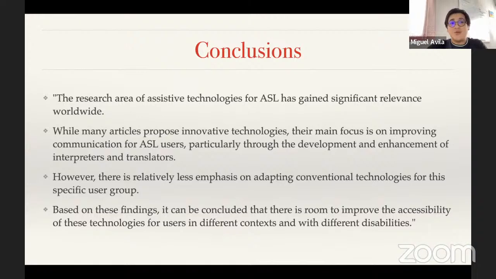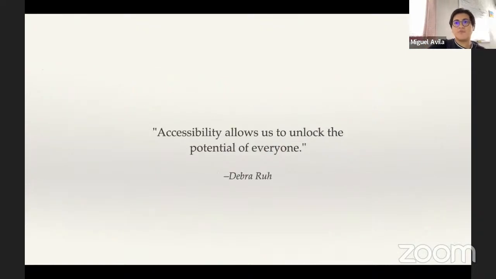Well, based on these findings, it can be concluded that there is room to improve the accessibility of these modern technologies for users in different contexts with different disabilities, specifically for speech and deaf disabilities right now in here. And last but not least, I wanted to share this quote from Deborah, that